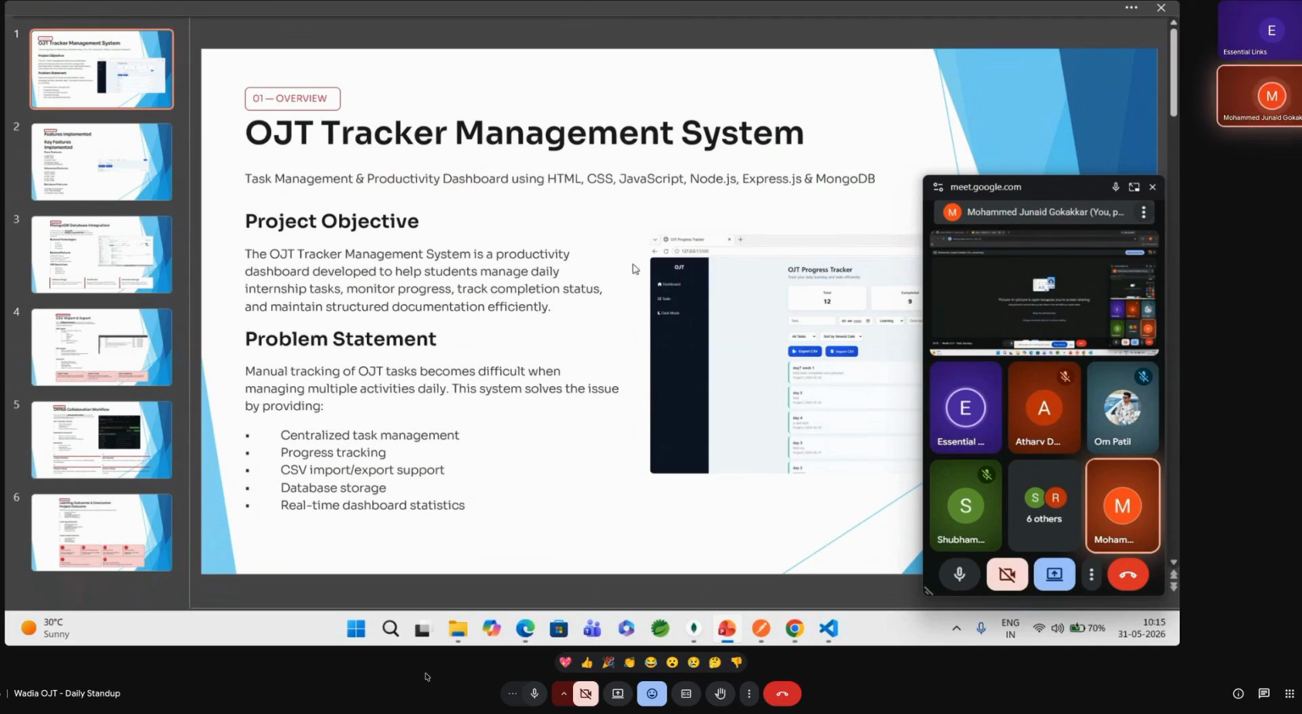So, hello everyone, and a very good morning to all. Today I'm going to present a project, an OJT management system. The purpose of this project is to keep track of the daily tasks and progress of students and interns working during the OJT period. The problem earlier was that during this process, students and instructors had to keep track of